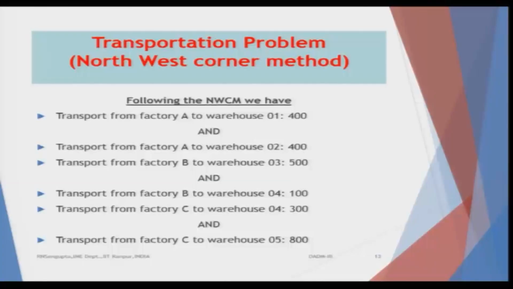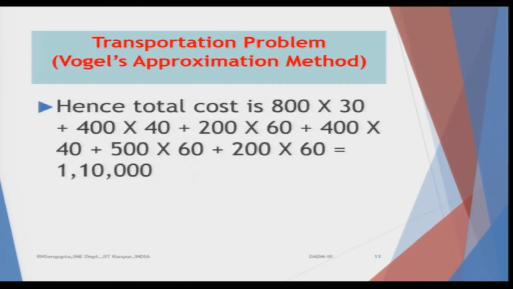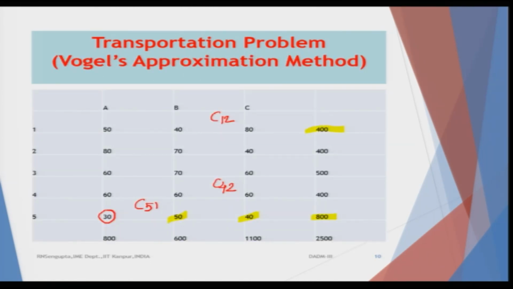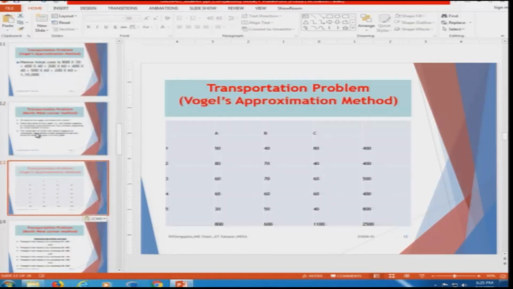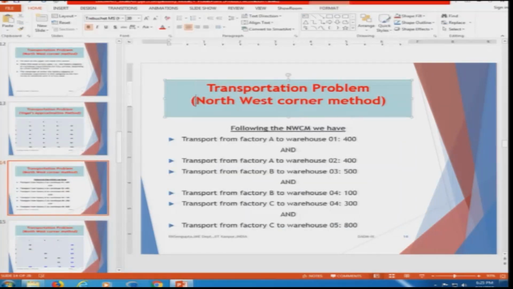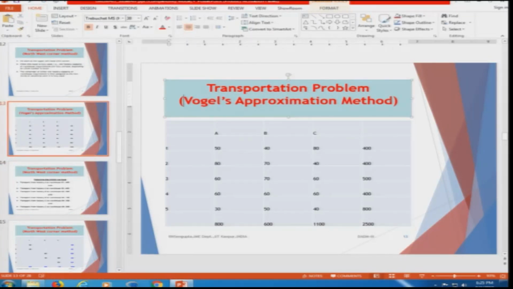So, when we go there, I will first give you the allocation. Let me check, I think the best is to bring the diagram here. Yes, that will be best. So, this is the northwest corner, I will copy it here. This will be easy for us to understand. So, how will the method work? Let me save it.